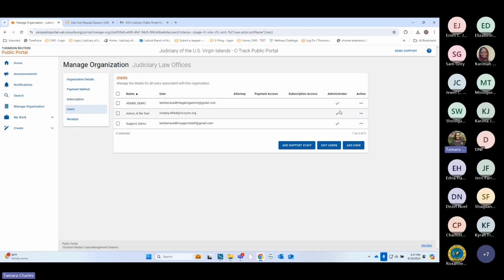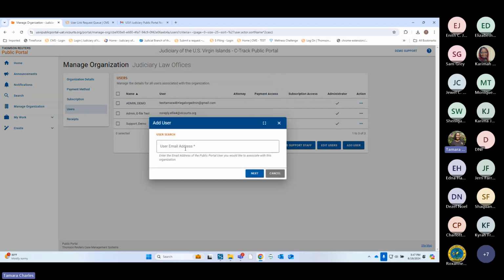If I wanted to add the actual attorney, because of course the attorneys must be added before you could add a support staff to them. So I'm going to repeat that. The attorney must be added. So if you have 6 attorneys, 2 attorneys, 1 attorney in your firm or agency, they must be added for you to add support staff to file on behalf of that attorney.